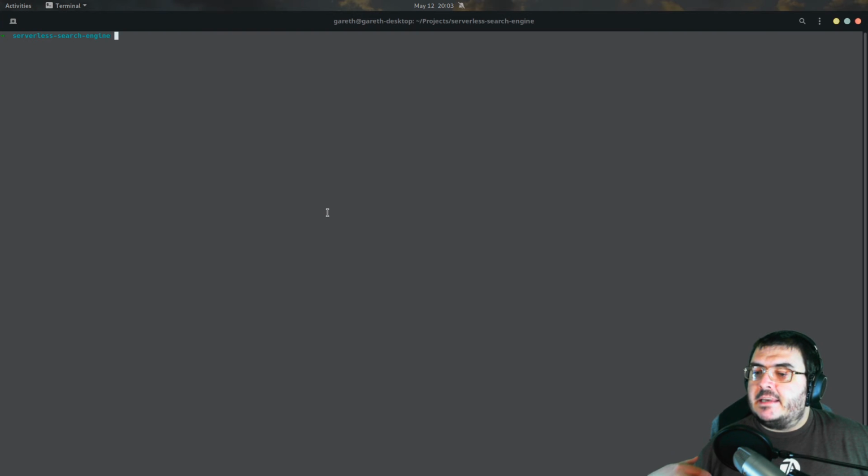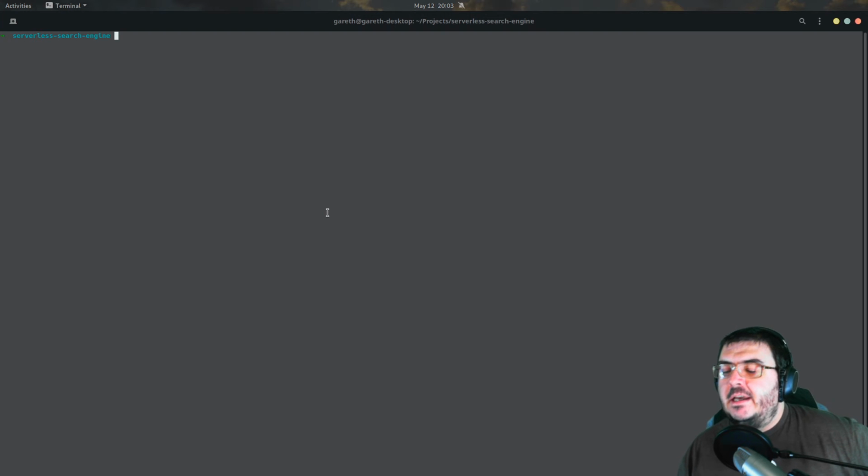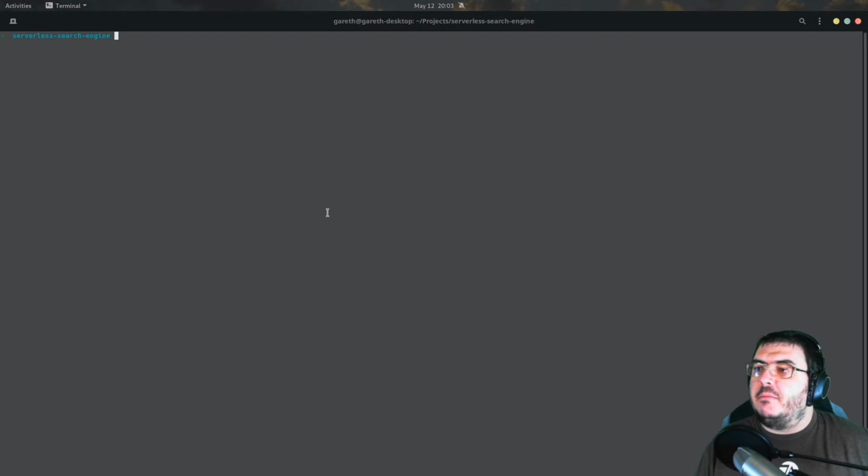But the idea isn't to demonstrate building a search engine to go compete with the likes of Google. It's just to show how a serverless application can be built and that you can go ahead and do these kinds of things relatively simply and easily. What you can see on the screen is,